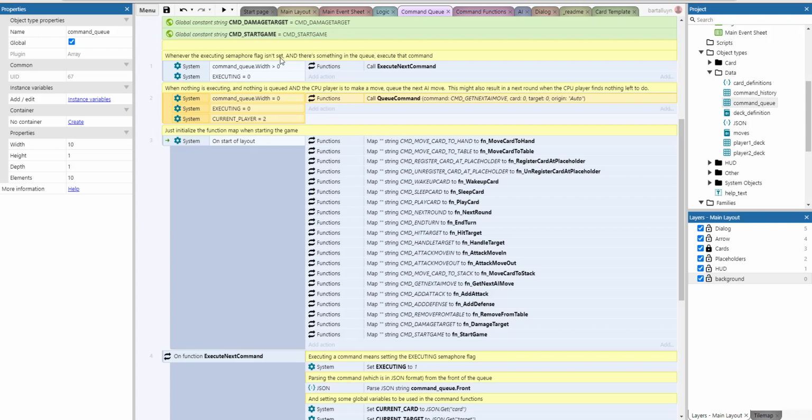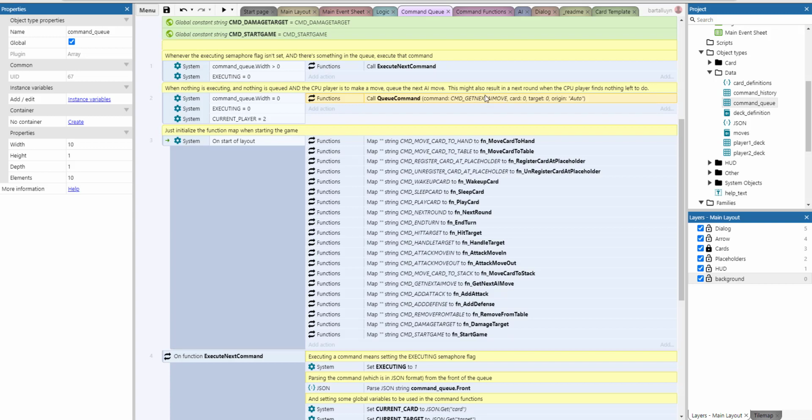So in this functionality, we look if there's nothing left to do, and it's not actually executing something, but it's the CPU player's turn. We just queue a command called get next AI move. And that will effectively calculate which move needs to be played next by the CPU player, and goes and queues commands in the name of the